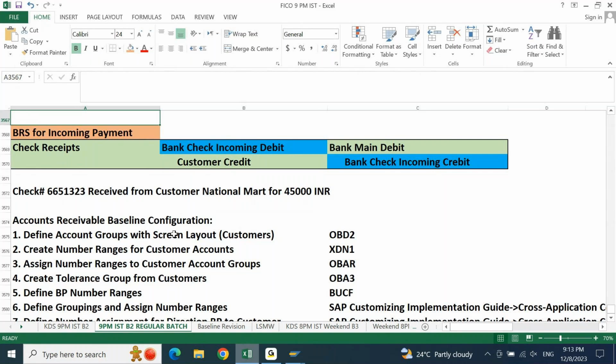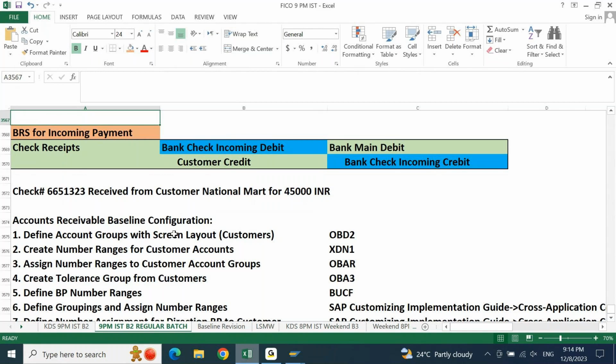Algorithm is something like an assumption, a base logic. If you are telling the system debit this account, credit this account, use these posting keys, everything is straightforward. There is no point of algorithm in the case of direct entries. On the other side, when you are talking about clearing entry,